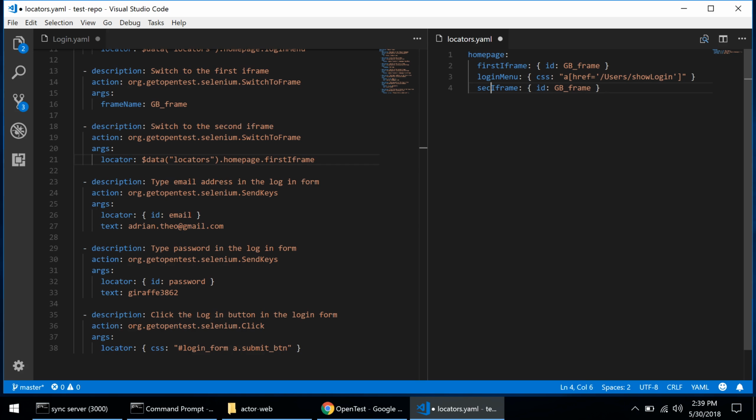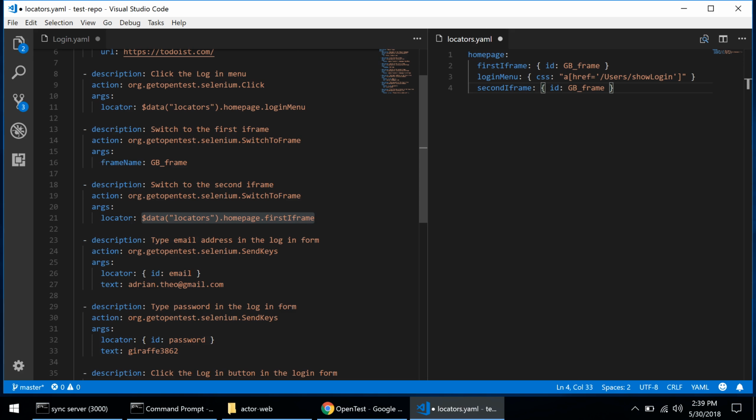Call it second iframe. The locator for the second iframe will be, okay, so what I thought was the first iframe is actually the second iframe. So let's call this second iframe. And now the locator for the first iframe,